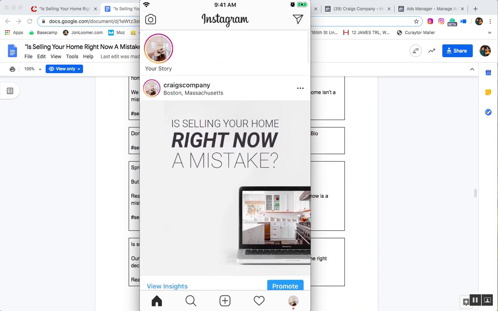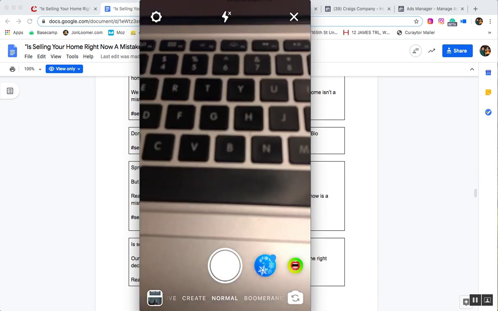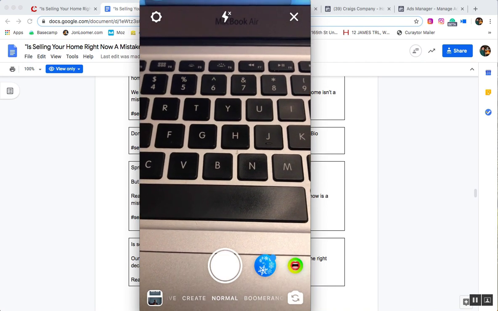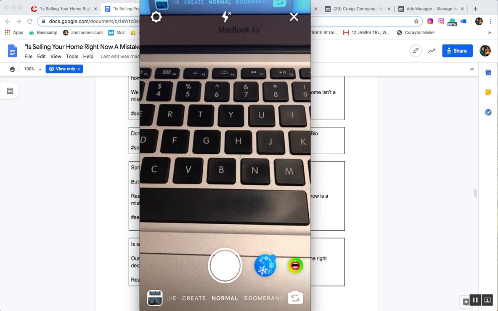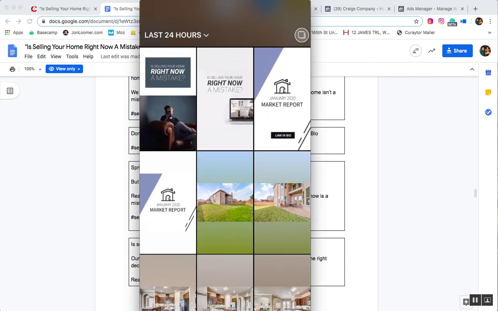Next, we're going to create a story. Simply tap your logo or icon up in the top left corner and click Add to your story. This is where you'll be prompted to choose the style, which will be normal, and then select in the lower left-hand corner your photo library. Select the Instagram story image that you've downloaded for this campaign,